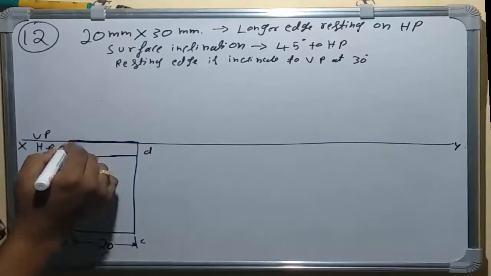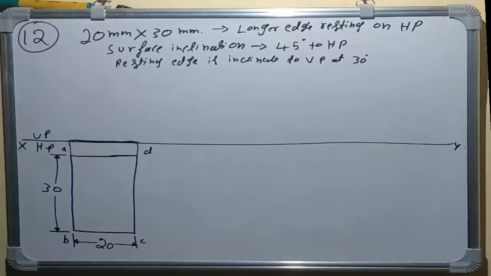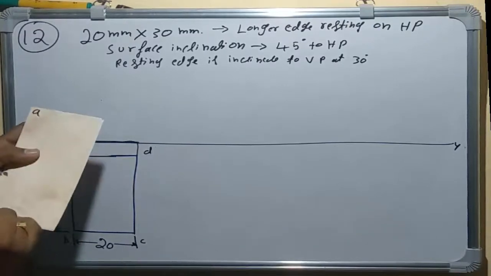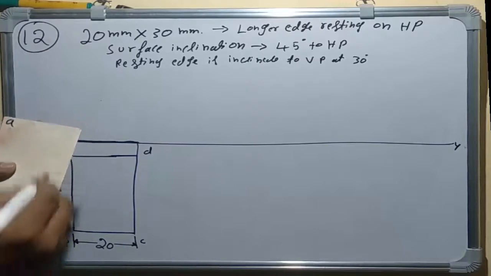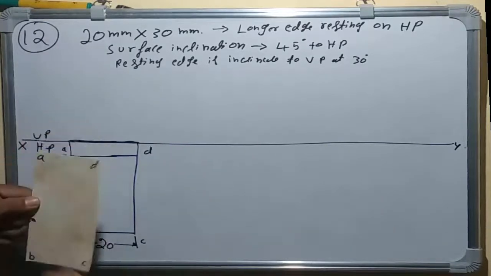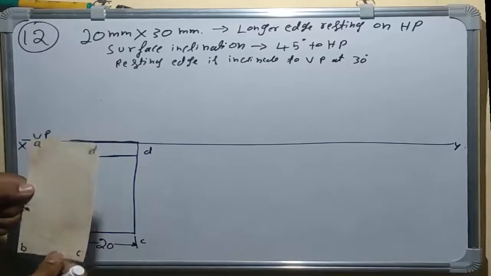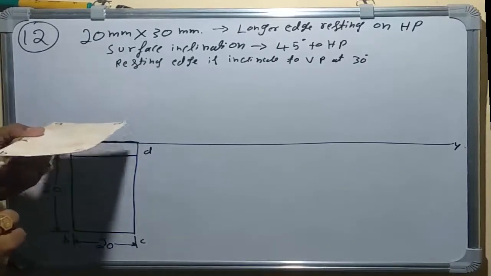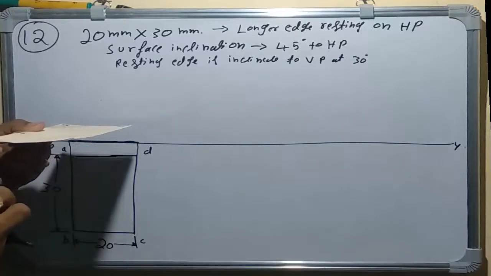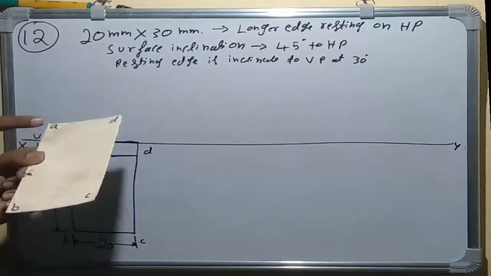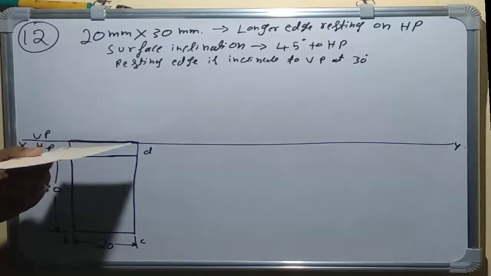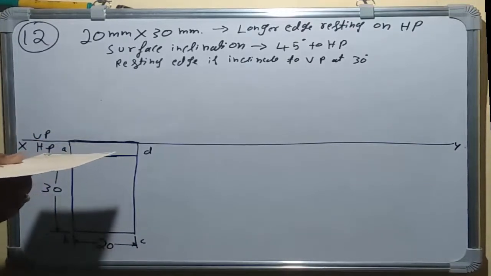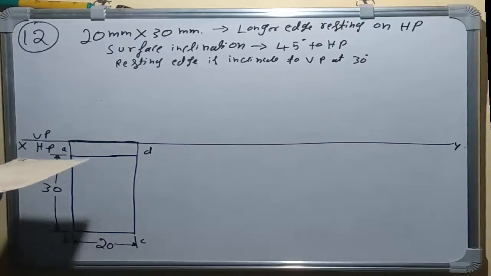And coming to the naming, see, B is seen. For example, here I have given the name A, this is B, this is C, and this is D. The top view A, B, C, D we got. And while seeing the front view, B can be seen, A is hidden. When you are seeing only B, the corner B is seen, A is coming behind that. So whatever is coming inside, behind or hidden should be written in bracket, and which one is coming first should be written outside.